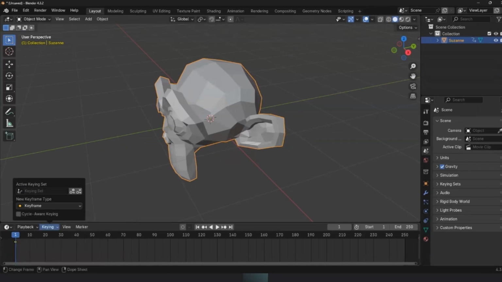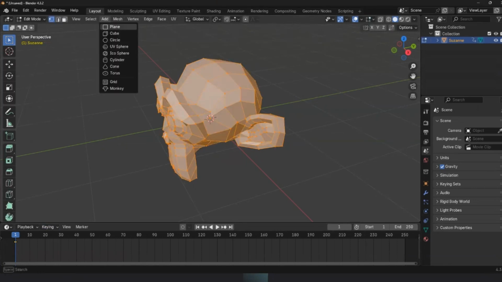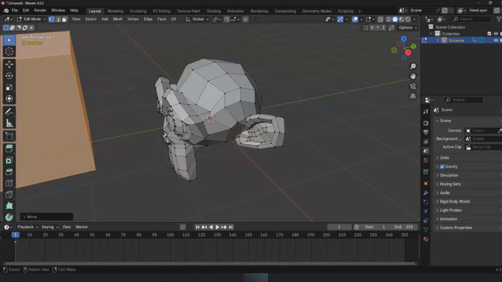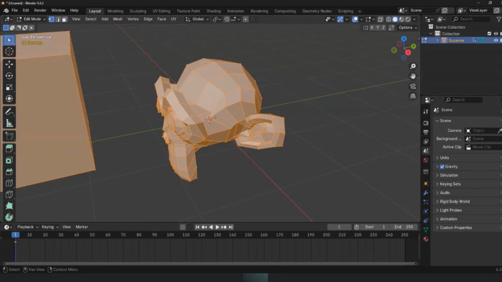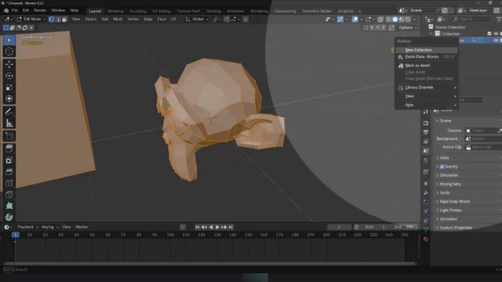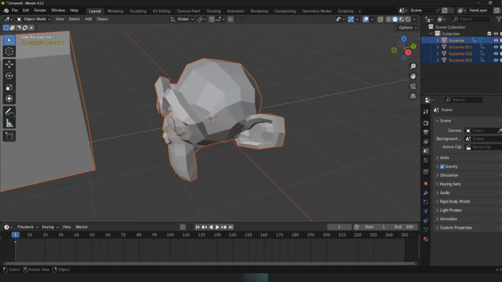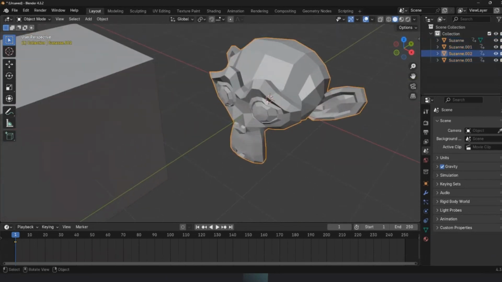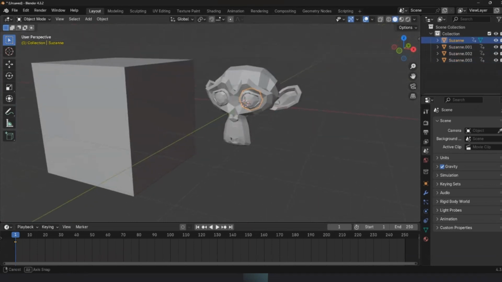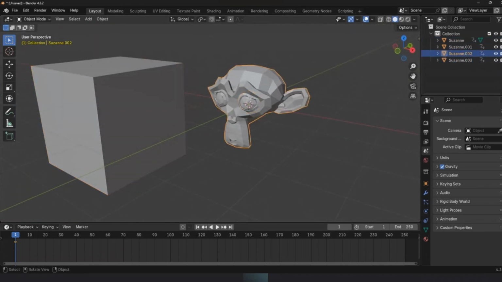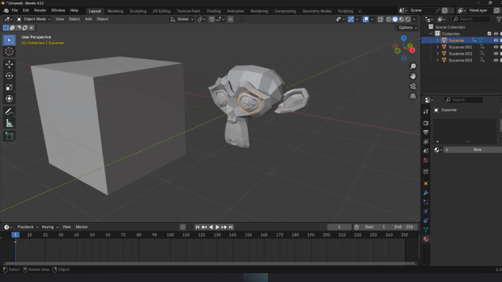Let's see if I can tab into edit mode, add a cube. So in edit mode, these are one object. You can see in the outliner that this is just Suzanne, even though it's got two objects, but you can separate by loose parts. And now, I guess Suzanne came with her own additional parts. She's got eyeballs and stuff. But so these are all separate. So if one of these needed transparency, it would be better that this one has its own